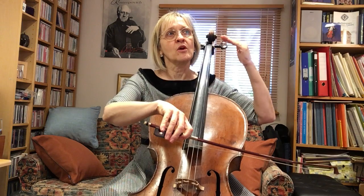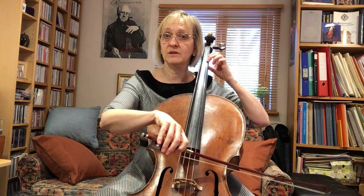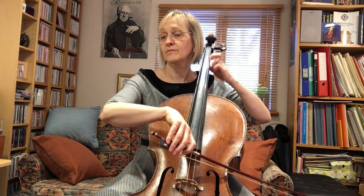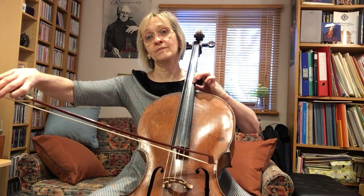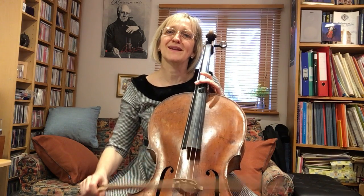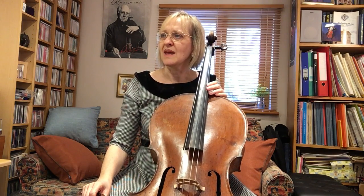And that's why you may hear the glissando. So remain lovely and calm in that tempo, but quicker shifting. It's a little bit like the way the swan glides on water, and there's a lot of paddling going on underneath. If you find you can't make your left hand work fast in between the two notes, shift quickly, there's